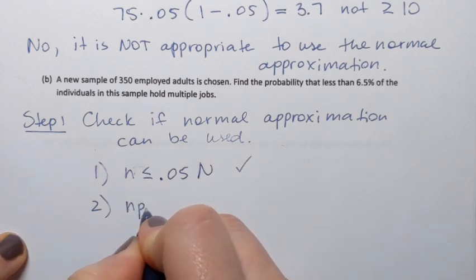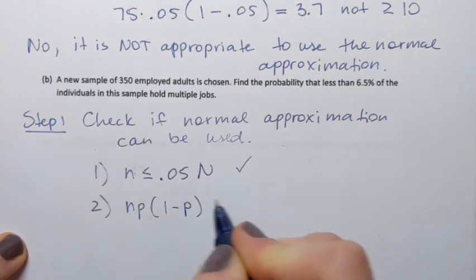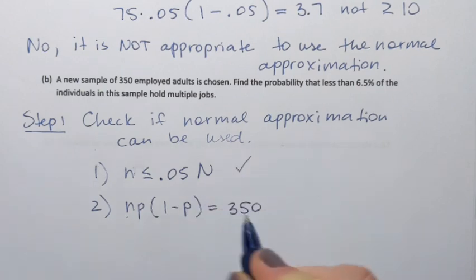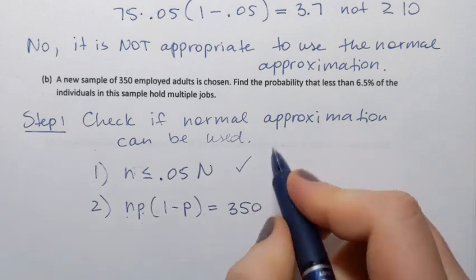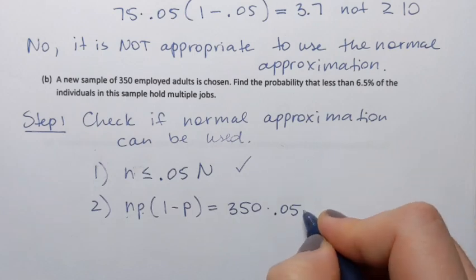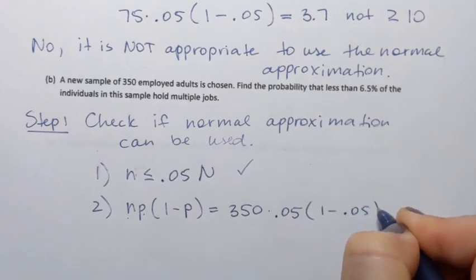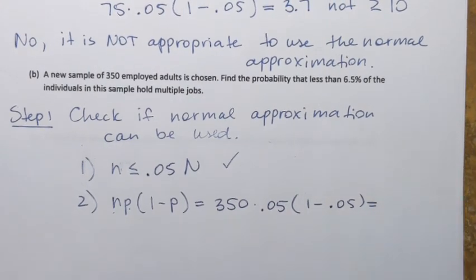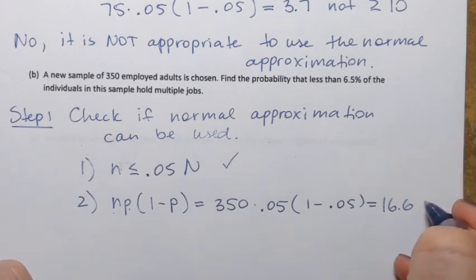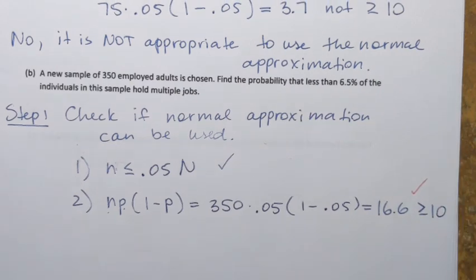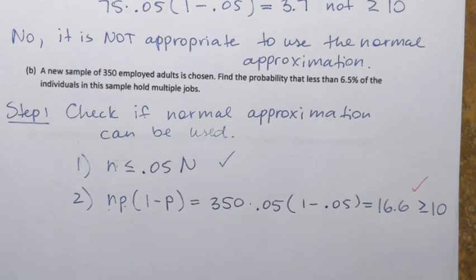And then the second one we have to calculate. So we need to calculate if n times p times 1 minus p is greater than or equal to 10. Let's plug in the numbers. n is sample size, right? 350. p is population proportion, and it's 0.05. We're still working with that same population. And then times 1 minus 0.05. That equals 16.6, which is greater than or equal to 10, right? It means that the second condition is also satisfied, and now we can say yes, it is appropriate to use normal